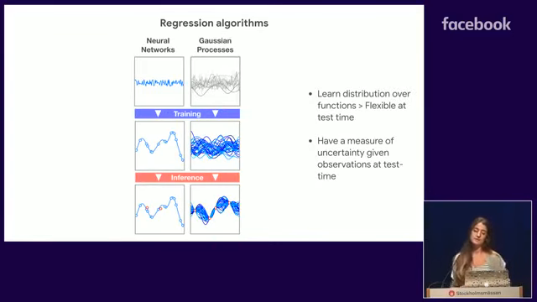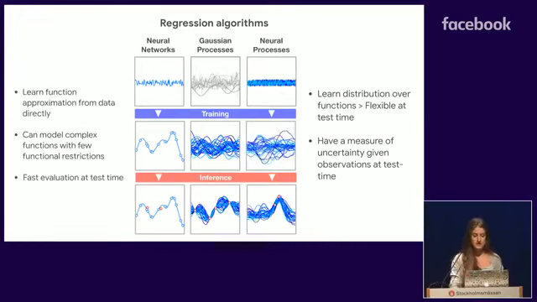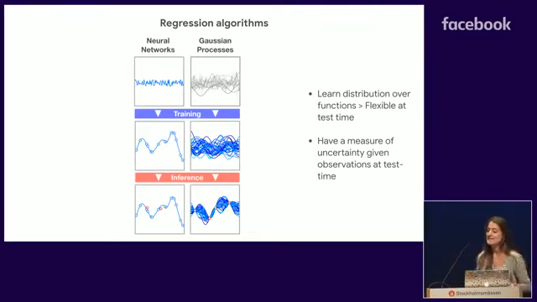A different set of regression algorithms that is very famous as well are Gaussian processes. Now, assuming you know the underlying kernel and its parameters, GPs don't really involve any training. They're going to have some prior over the distribution over functions, and then at inference time, it's going to take in some observations and narrow down its beliefs over what the underlying ground truth function is. What's really cool about GPs is the fact that they are actually learning this distribution over functions that I mentioned earlier, and in addition, they have uncertainty over their predictions given the observations, and this is something that's also very useful for applications of machine learning.